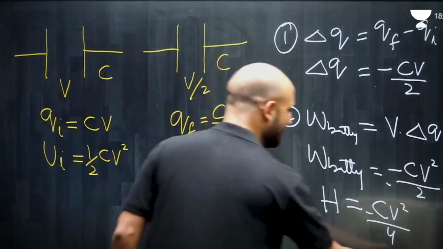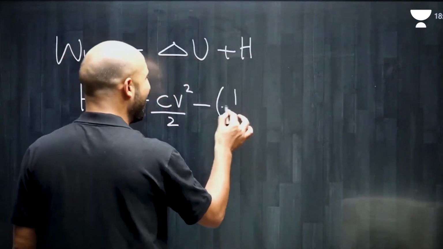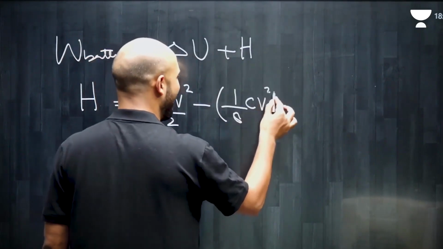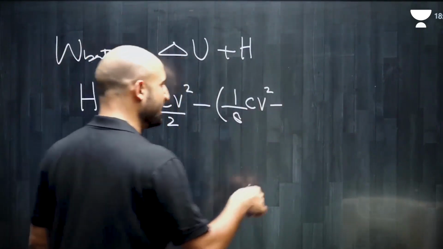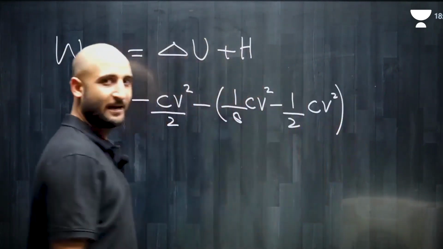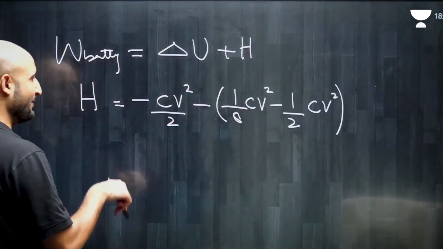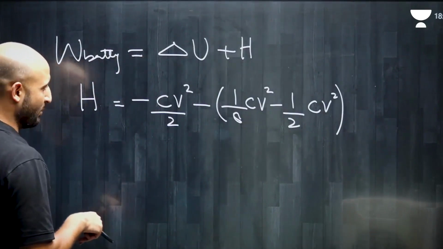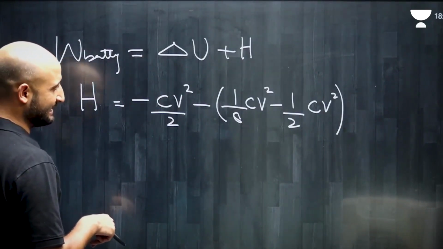That's 1 by 8 CV square. Minus U initial, what's U initial? It's 1 by 2 CV square. Right? You solve it, and once you solve it, what you are going to get is